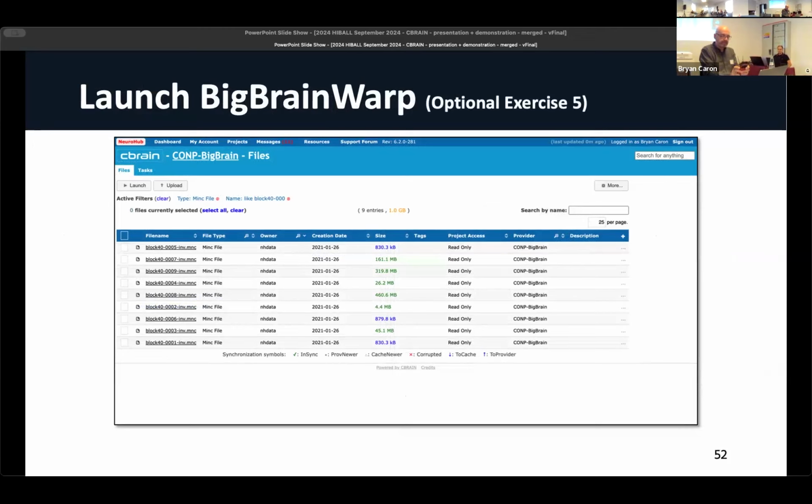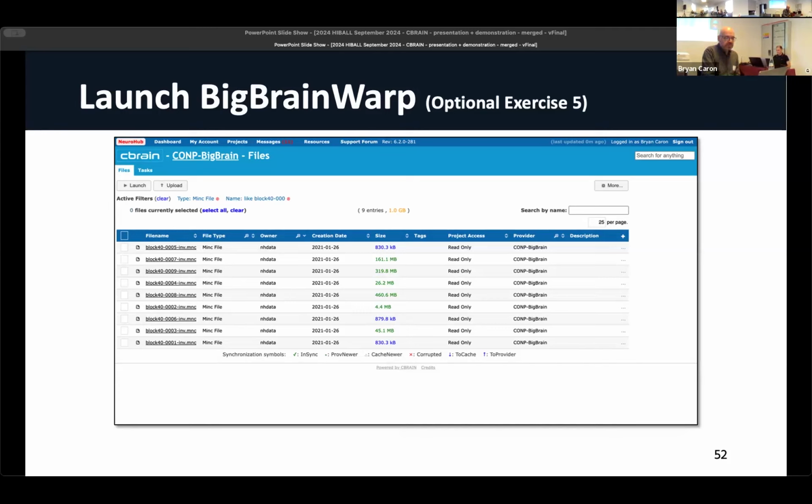Okay. I think the last thing that we'll do in the time that we have left is exercise number 5, where we're going to work with multiple files. So in this case, you say, great, you've gone through the exercises of picking one file, you've selected the tool that you would want to process it with, you've looked at the output. Now you want to do this on multiple files, right? Because most times you're going to be dealing with multiple files for your data set.